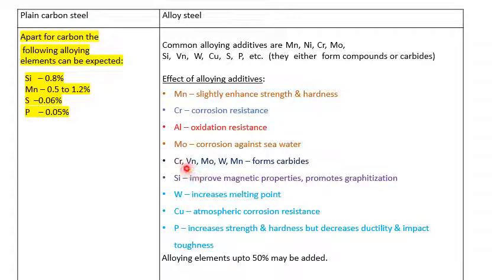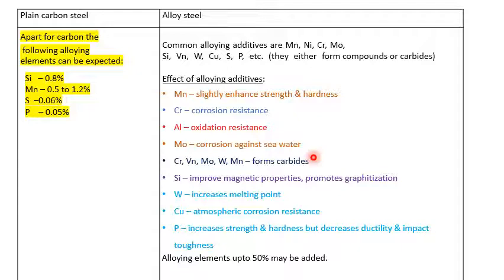Or the chromium, vanadium, molybdenum, tungsten, manganese, these are meant to form carbides. Whenever we say carbides, carbides have a high melting point, so these are going to act as precipitation hardening. If you can recall what we discussed in module number 1, the strengthening mechanisms, where the alloys are added to act as an obstacle to the movement of dislocations, which increases the strength of the steel.